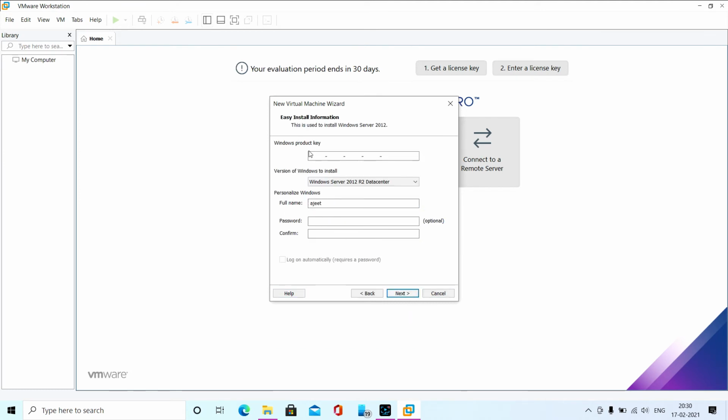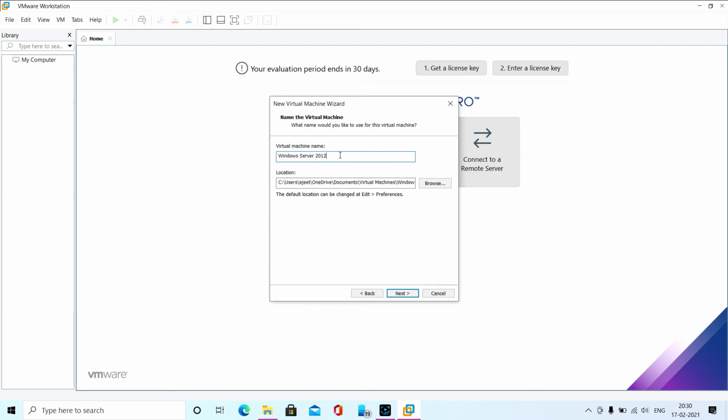Proceeding to the next, you have to put in the Windows activation key. Here I'm putting my username and password. Note that this username and password will be used whenever the VM is built successfully.